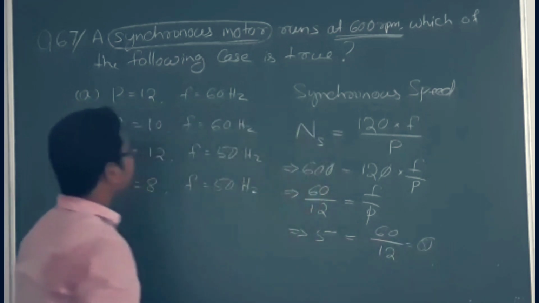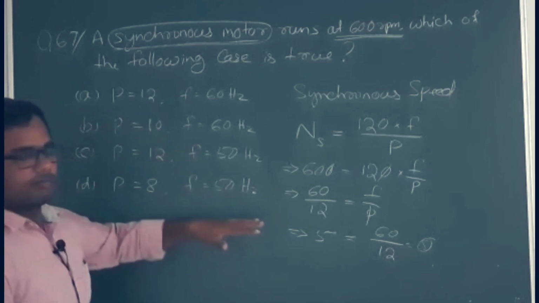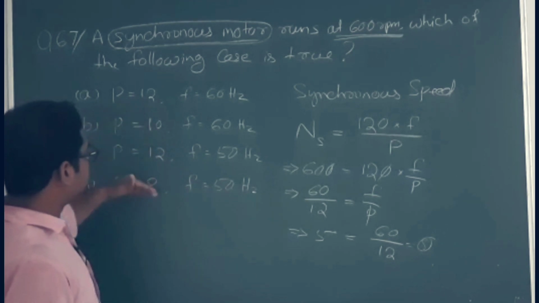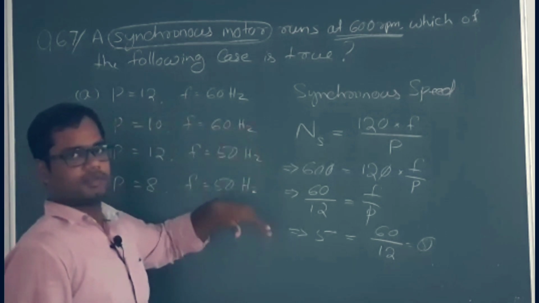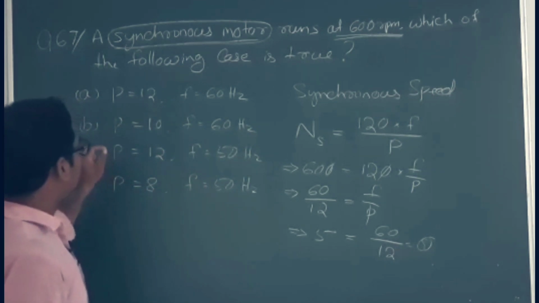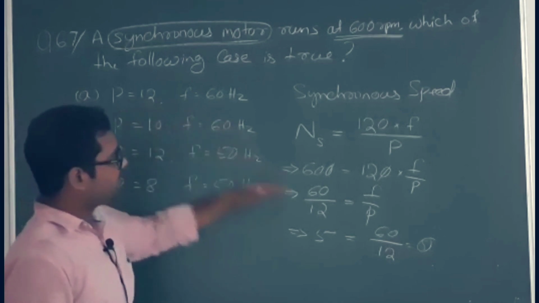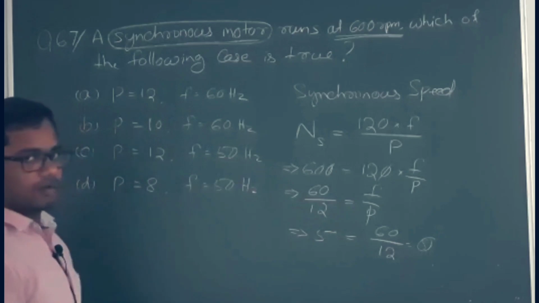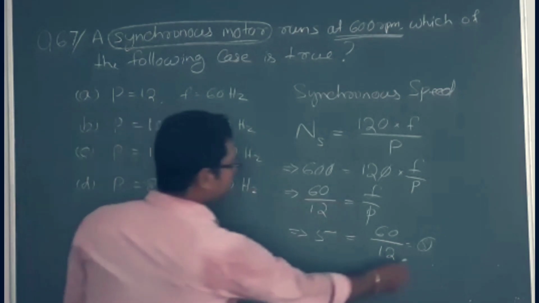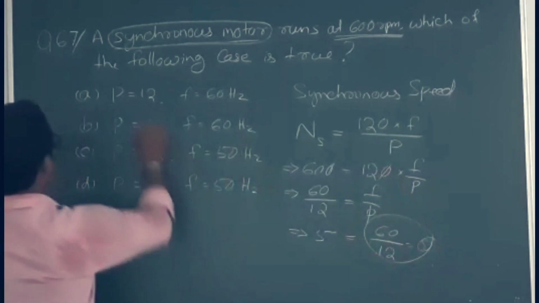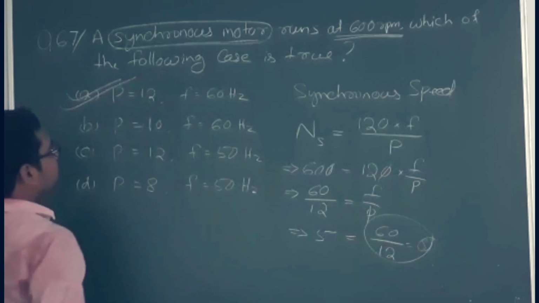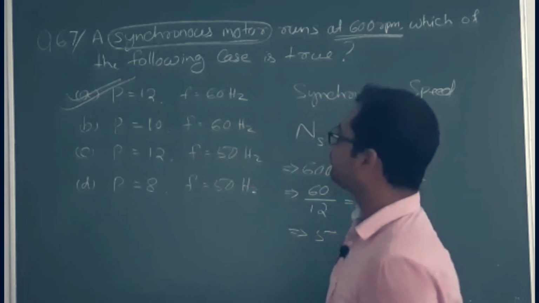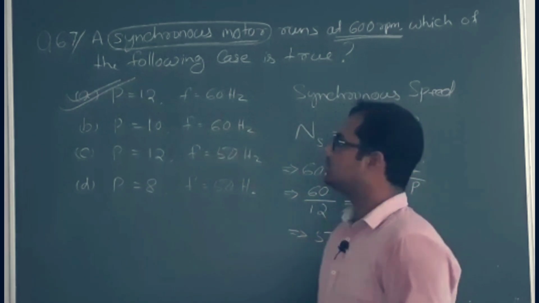Okay, so luckily the first option is correct here, but if all the options were there, we would have to choose by the hit and trial method, putting the values of P and F in each and every step. The answer may be in the last option also. As we are getting 5 from the first option, the answer is option number A. Okay, so similar questions you can get. Come to question number 68.